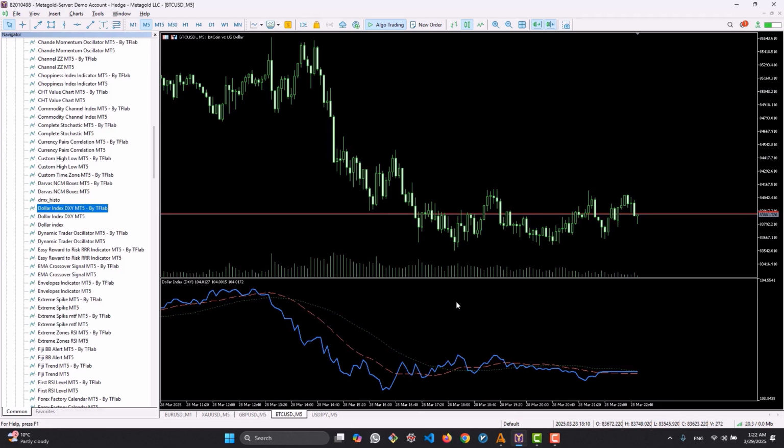To use this indicator, we need to be aware that it utilizes 6 currency pairs where one side is the